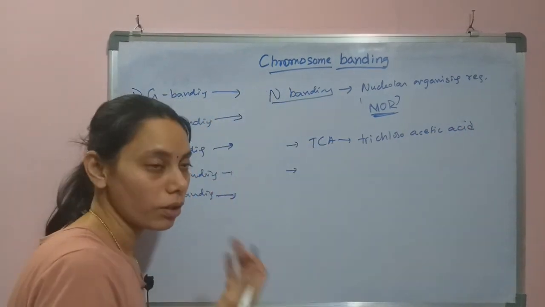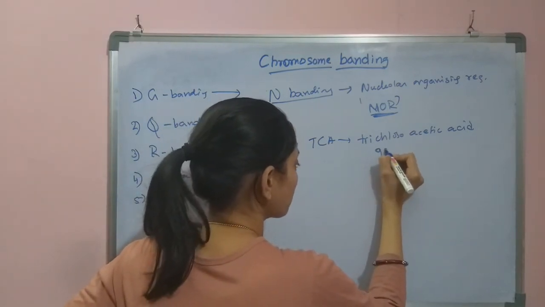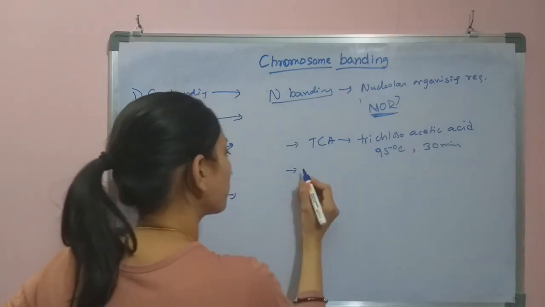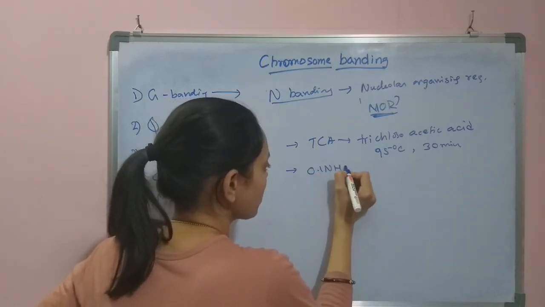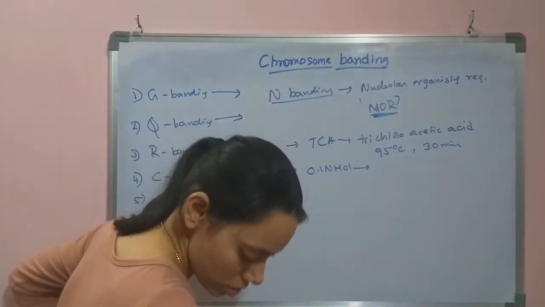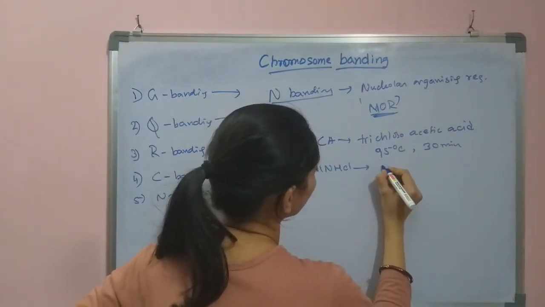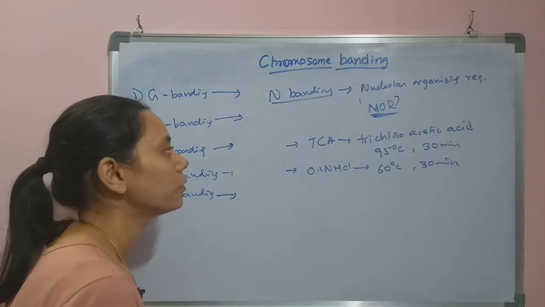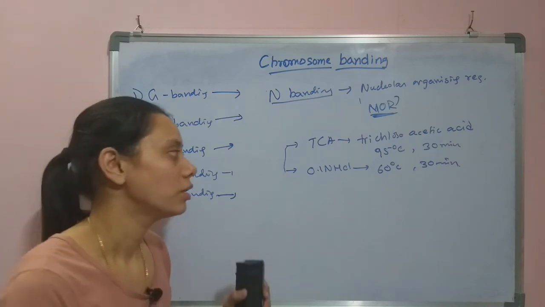The sample will be treated with this TCA at 95 degrees centigrade for 30 minutes, followed by 0.1 normal HCl treatment given to the sample at 60 degrees for 30 minutes again. So using this method, TCA and 0.1 normal HCl treatment, here we are going to stain the